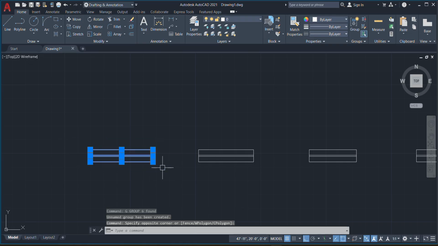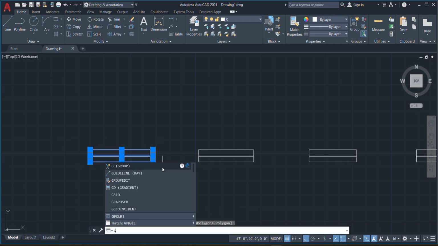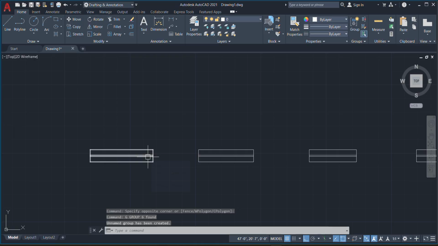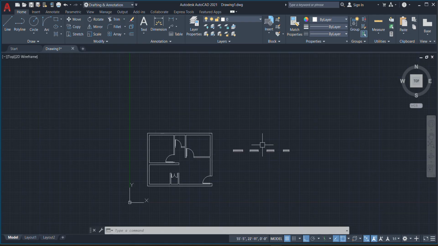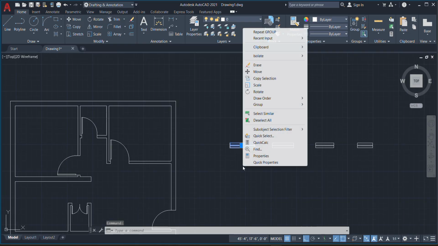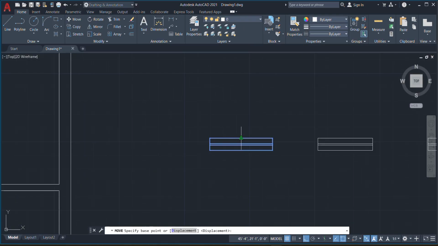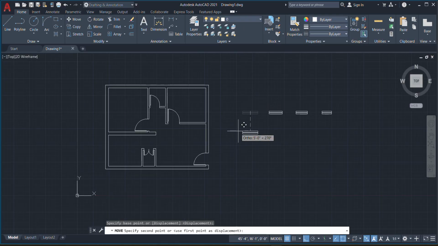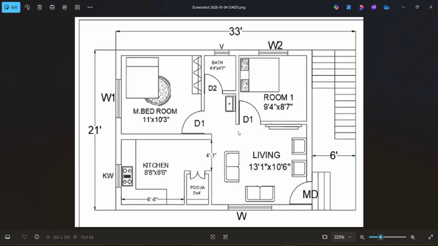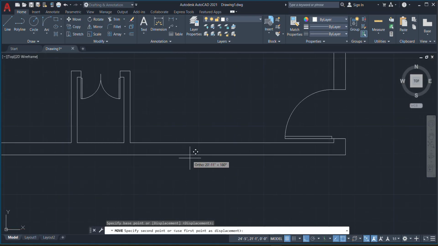If we have the repeated windows, then we go with the block. But here we don't have the repeated windows. We just have only 4. So for that I'm directly going with group. So here I'm selecting the window. So once I want to cross check, this major one will be there in the